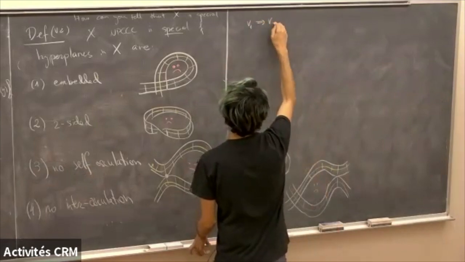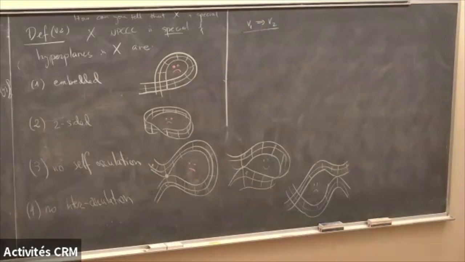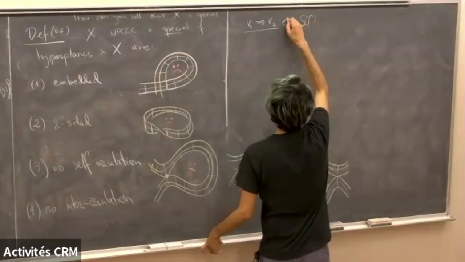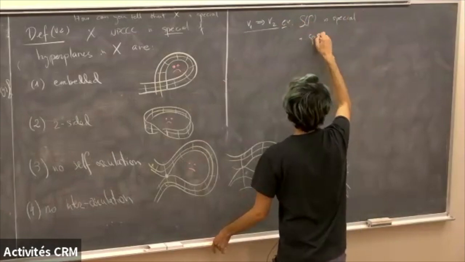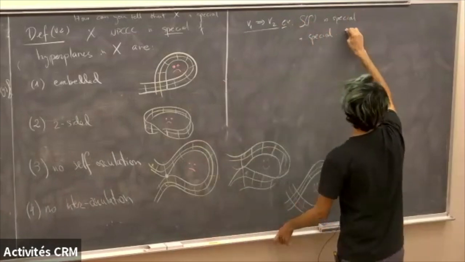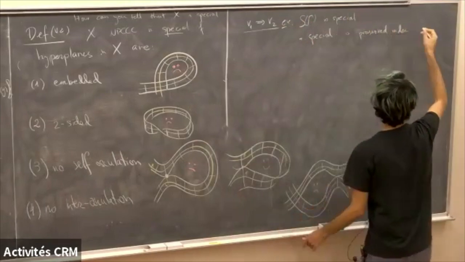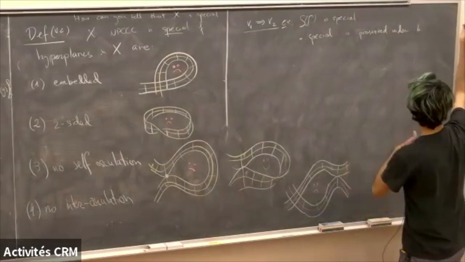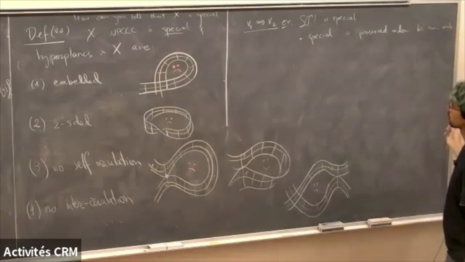So version 1 implies version 2. Maybe this is mostly an exercise, but really the exercise here is to show that the Salvetti complex has all those properties, and that whenever you have a local isometric embedding, this preserves those properties. The exercise is to show that this is preserved under local isometric embedding. You understand what I mean, right?